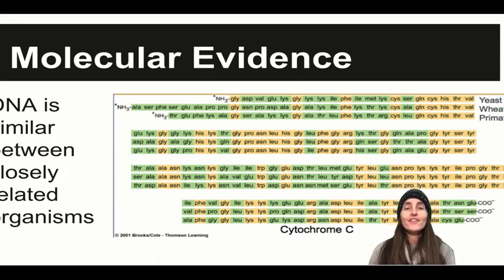And so molecular evidence provides really good evidence that evolution is happening. It really is the evidence that we use the most, because now we have the ability to sequence the DNA to see what the actual base codes or protein sequence is and compare it to others and see how closely related organisms are and perhaps how long ago they actually speciated. So that's the evidence that we use the most now. And that's why molecular evidence is in the center of your notes, because DNA evidence is the strongest evidence for evolution that we have. Take a moment to summarize why molecular evidence would be evidence for evolution, and use your